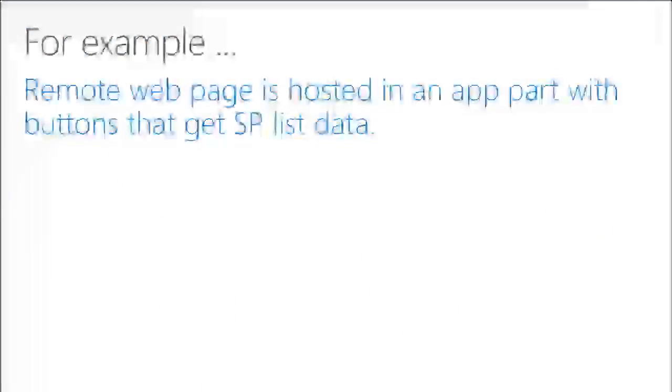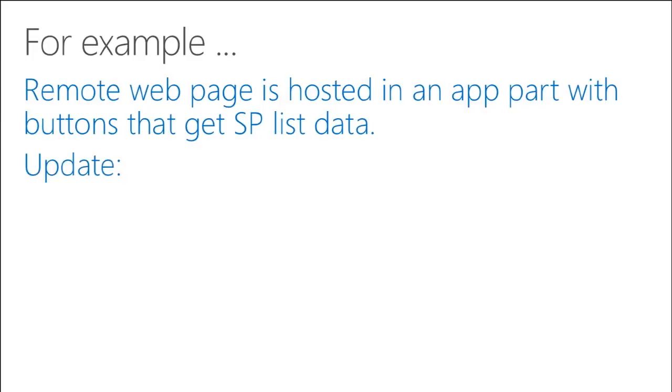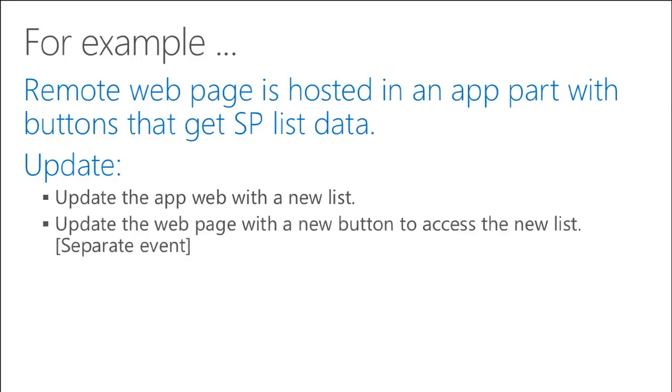Suppose you have a remote web page that is hosted in an app part, and it has buttons on the page that go and fetch SharePoint list data. Okay? And now you're going to update this app. You create an update of the SharePoint app that adds a new list to the app web. And, again, this would be a separate event. You update that web page, your remote hosted web page, with a new button that's going to access that new